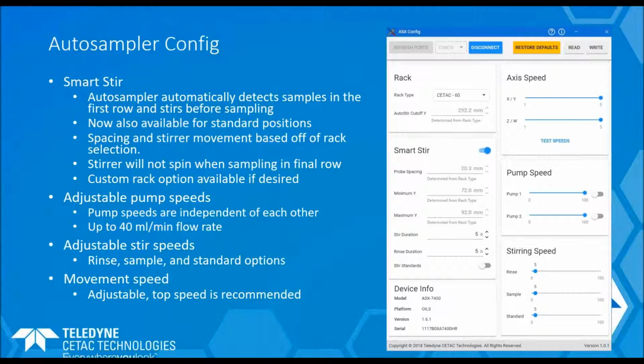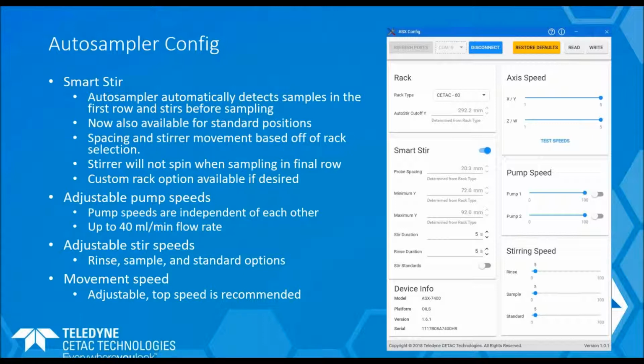Now on the top left, we have this rack section. This helps define the rest of the settings for the auto sampler. It makes it a lot easier to use because all you have to do is select which racks you're using, and then we automatically adjust some of our other settings like Smart Stir. Smart Stir is a feature that we've had for quite a few years in the 1400, and it essentially builds in an area within the firmware that, if the auto sampler is sent to that area, which is the first row of the sample racks, it will recognize that as being a Smart Stir area,